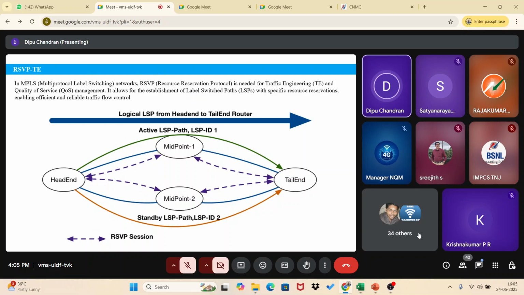Then traffic will not opt for the 100G, it will opt for the 10G. So all these mechanisms will be handled by the RSVP. That is your label allotment and how it should be. So RSVP also, just like your OSPF, even though its function is totally different, is there in all the